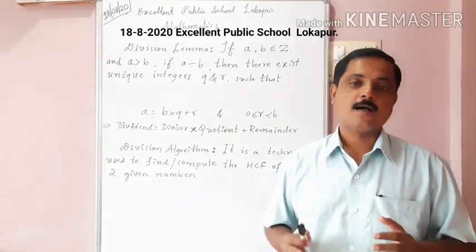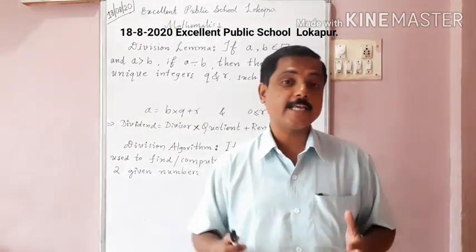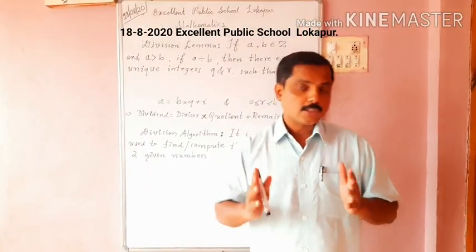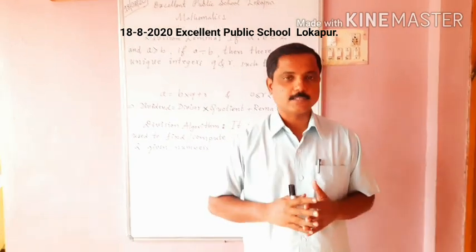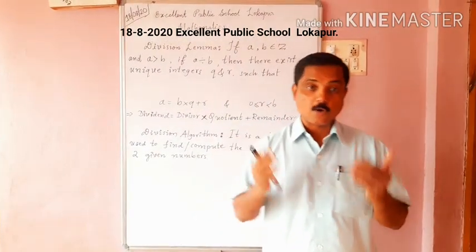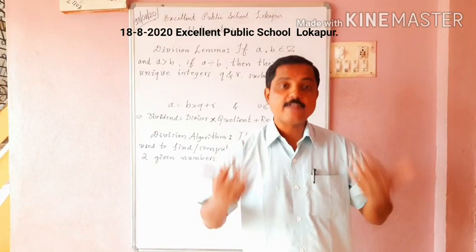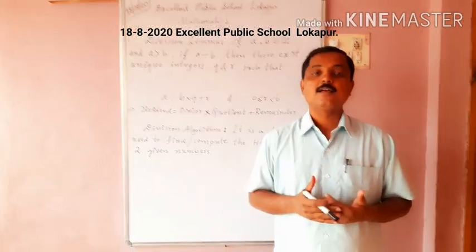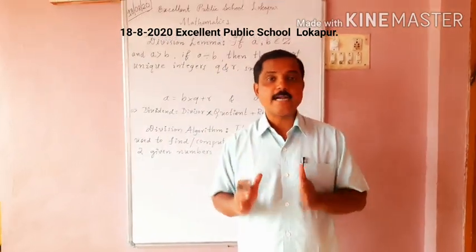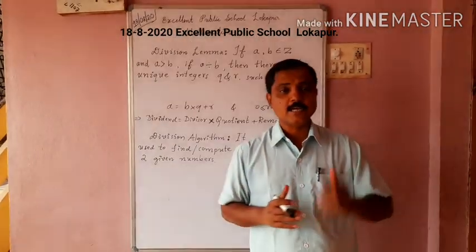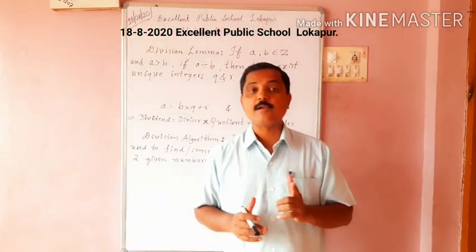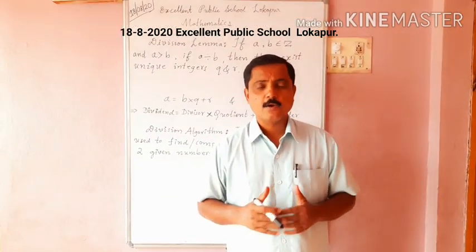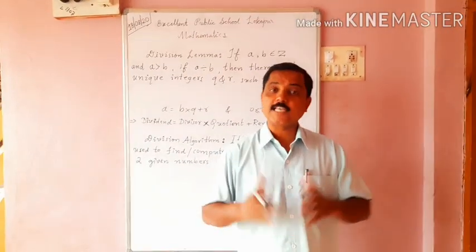This division lemma will also help us to study the nature and properties of numbers. So children, we saw many problems where we found out the quotient and remainder and verified our division by applying the division lemma. See here, whether there is a complete division or incomplete division, there exists a relation between the remainder and the divisor of the division. What type of relation? Let us see what is that.